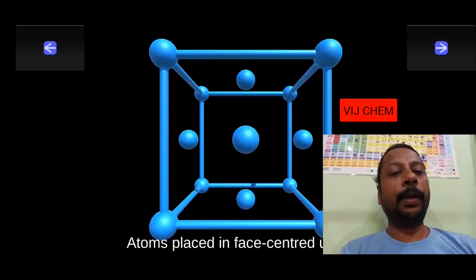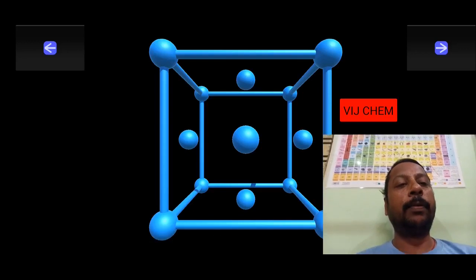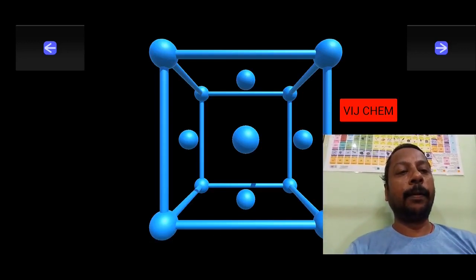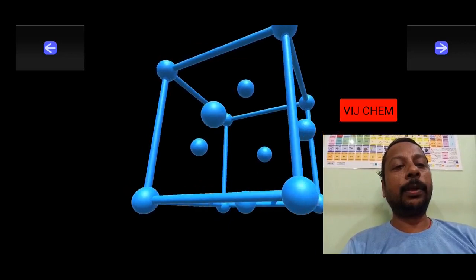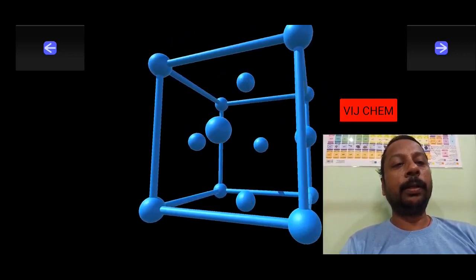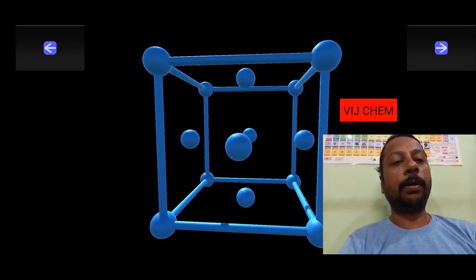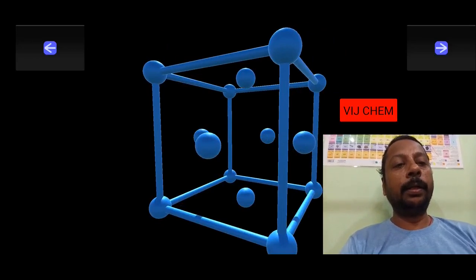Next one is face center. So how distant they are appearing, but will they appear? See how many face centers you are able to see. Only 5, actually one is just behind. See now. Okay, so are you able to see 6 face centers now? Okay, 8 corners and 6 face centers: top and bottom, left and right, front and back, and 8 corners.